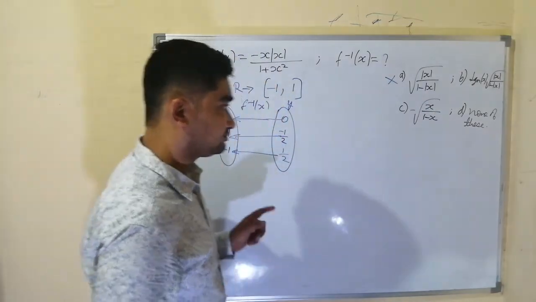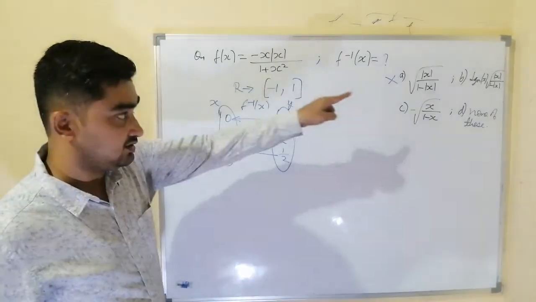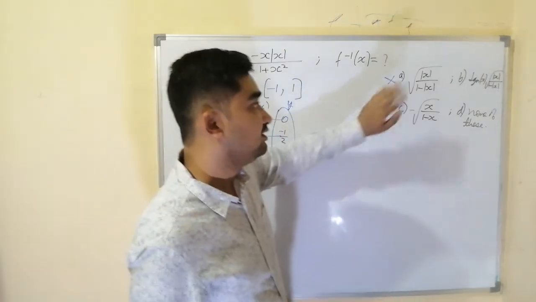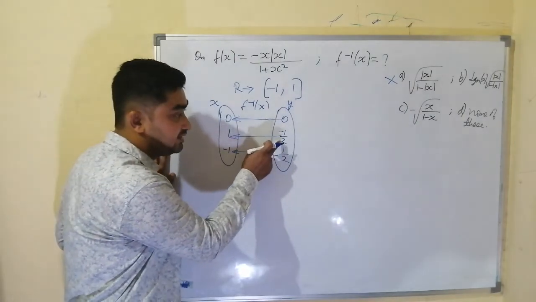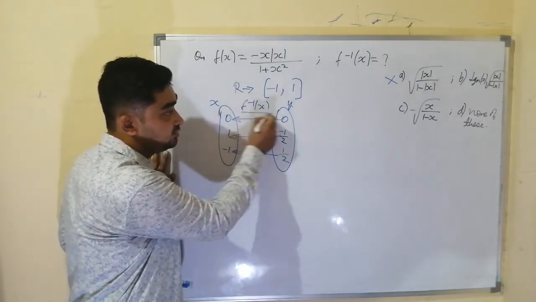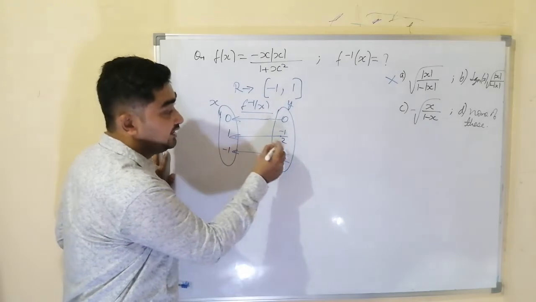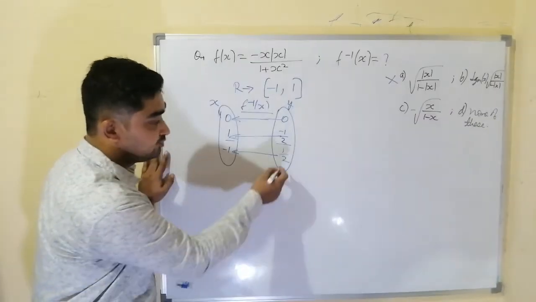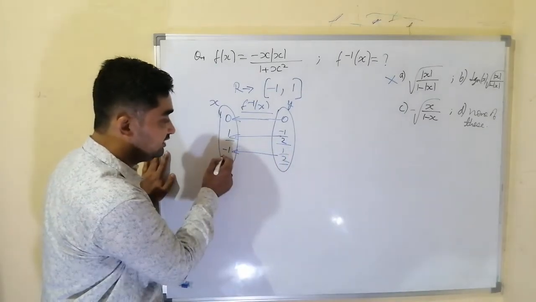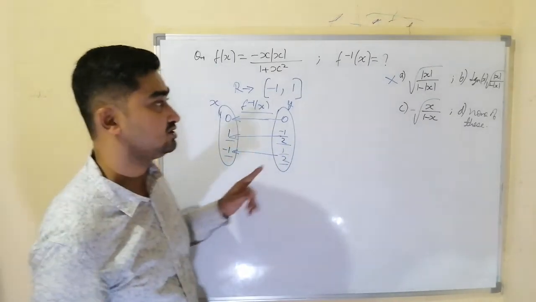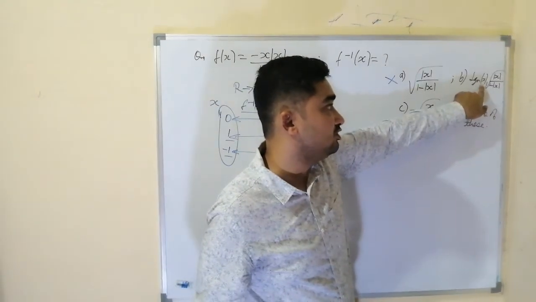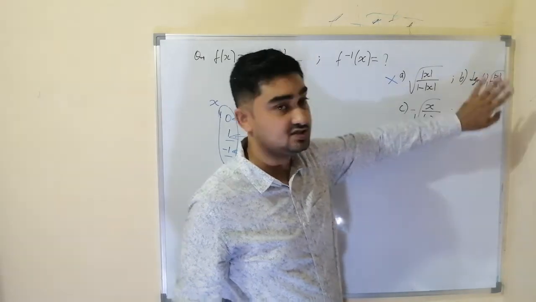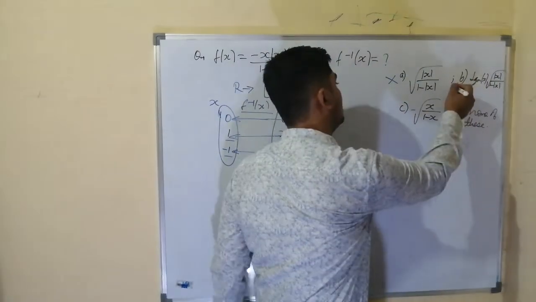Is B the answer? B is sine of x into the same thing. Now look, whenever the input is negative, we are talking about the inverse function. We have taken the inverse. In the inverse function, whenever the input is negative, the output should be positive. Whenever the input is positive, the output should be negative. So the sign should change. But here it is given sine of x into mod of x. That means the inverse and x have the same sign. So it is also not true.